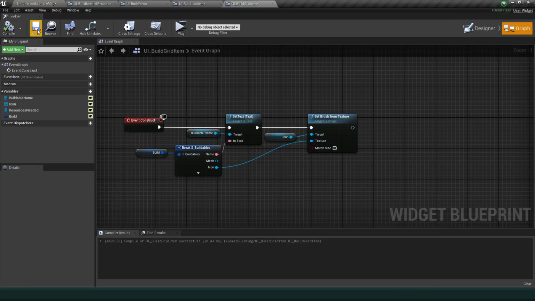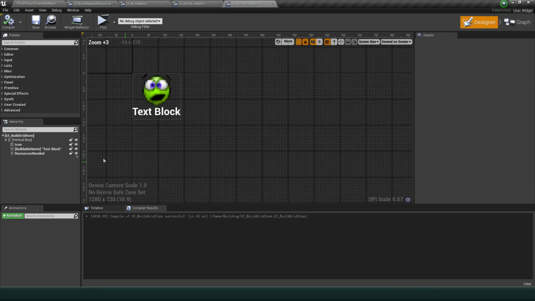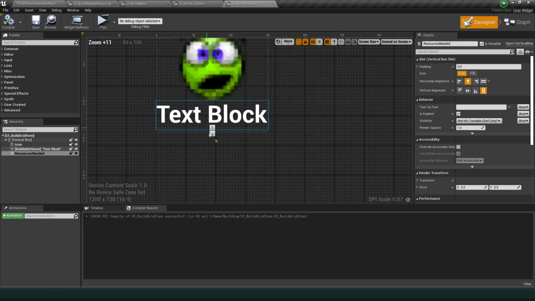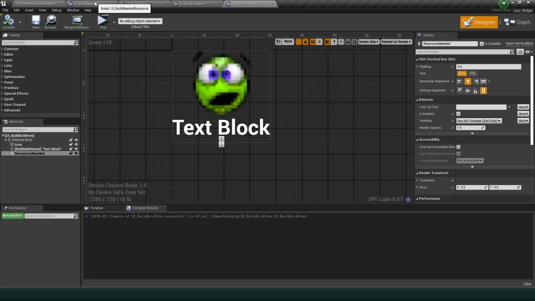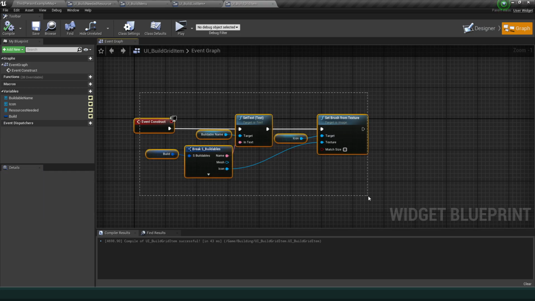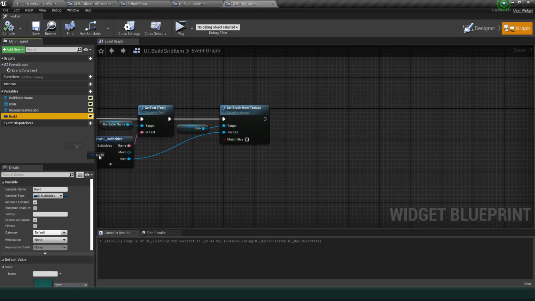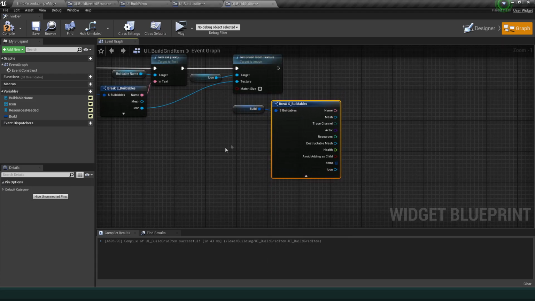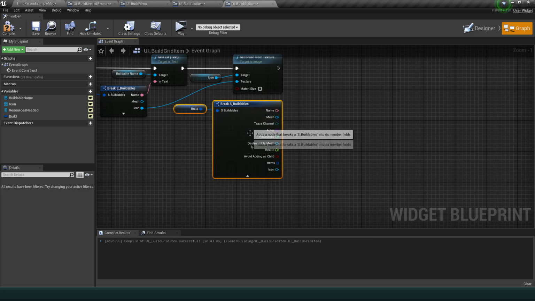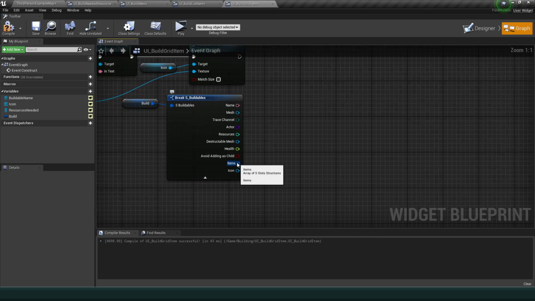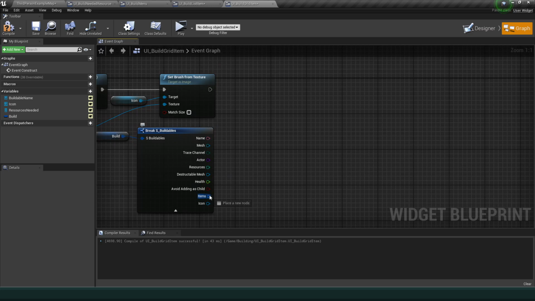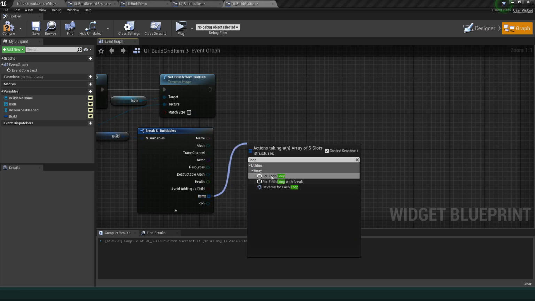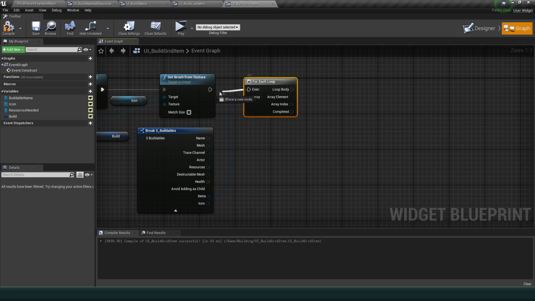Now we also have a location at the bottom for our resources needed. So we're going to use our build needed resources widget for this as well. So at the end of this whole thing, we can grab our build once more, just so that there's a little less routing. I'm going to break this, and inside of this structure, we actually have information about all the items that are needed for our build to be created. So from this, we can do a for each loop, connect it up,